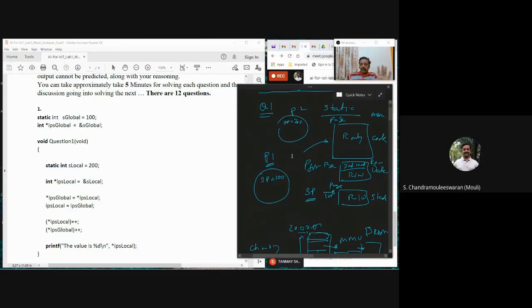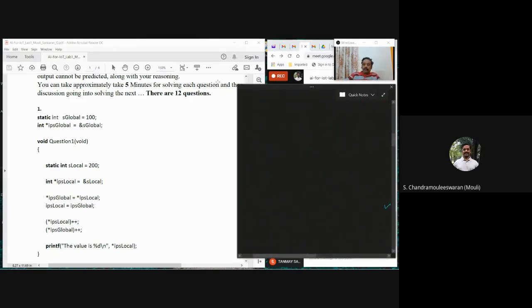Assume that we are having some memories, and these are the different memories that are needed. Let us come to the program now. This program has global memory. Basically, the static variables are in the global data memory. It is not in the stack. When I say global, it means it is data memory, and is it read-write? Yes, read-write, because there is no const here. If I had put const here, then that would have been in a read-only data memory. So you can imagine where they will be residing.